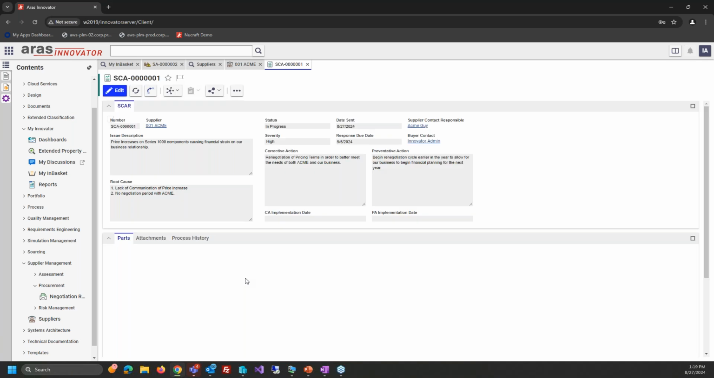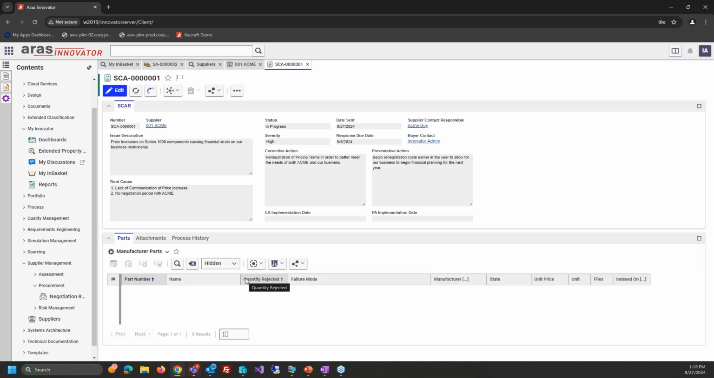If I open up our supplier corrective action record, you'll see this is distinct from the Aras quality management solution. This is its own record, strictly aligned with the supplier record. On the supplier corrective action form, we have the ability to capture our issue description, root cause, corrective action, and future preventative action. In this case, the price increases are causing some financial strain on our business relationship,